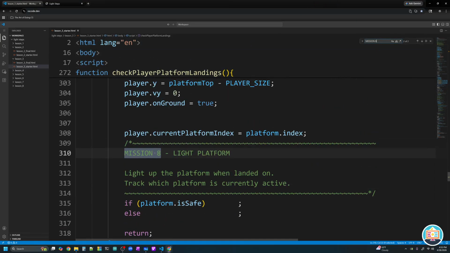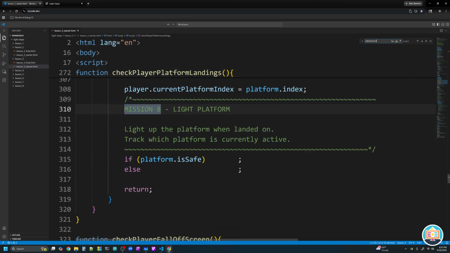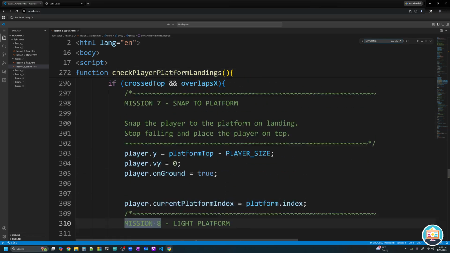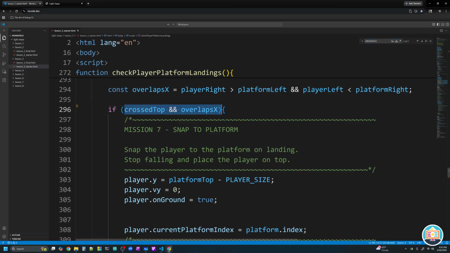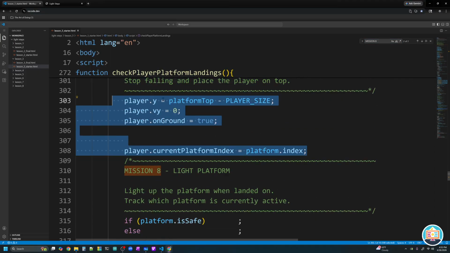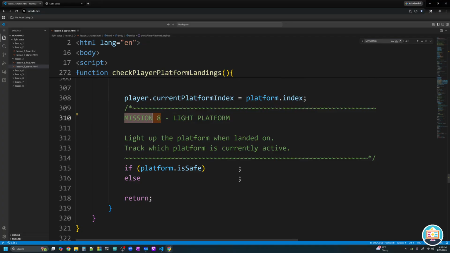Mission number 8 is in our check player platform landings again. It's right below. We have just landed on a platform, right? This means we have landed on a platform. We just stopped our player from moving. So now we want to light up a given platform. And so if we look here, it says if